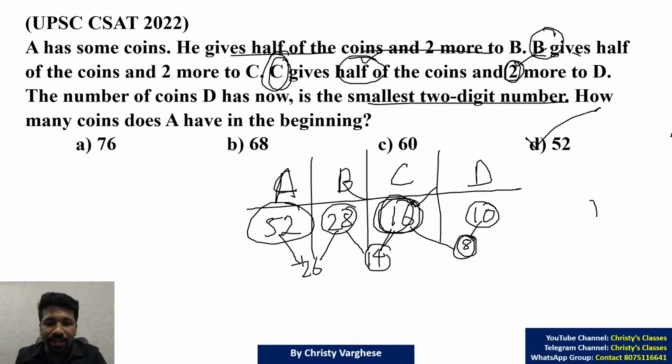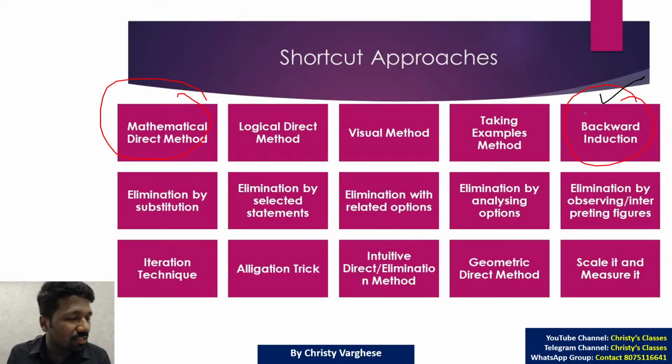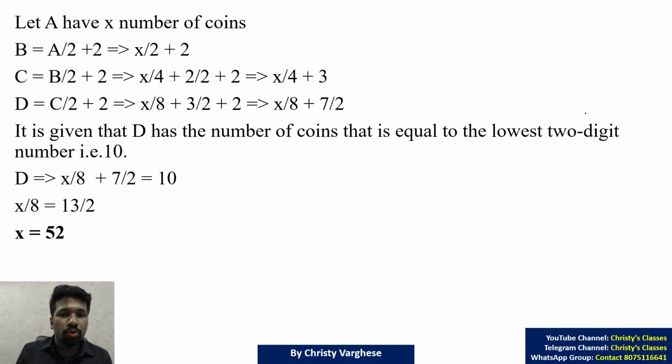If you remember, in the direct method also the answer was 52. And this is much faster and much better if you are convinced with this. If you are not convinced with this, go for the other method. For the time's sake, I am just limiting this discussion here. That method or this method, one of the methods is clear or not, or which is more preferable, can you please comment or put in the chat, because that will help me to understand which method more students prefer.